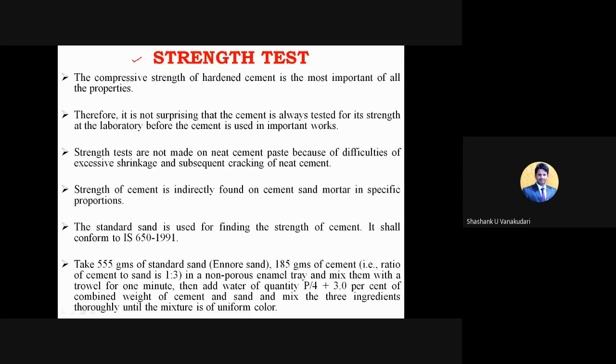For that, what all you need to note down. I will explain this entire procedure once I complete. So here I will give the brief procedure. First you need to consider the mold in which we need to conduct the test. That mold size will be 70.6 into 70.6, in terms of mm.